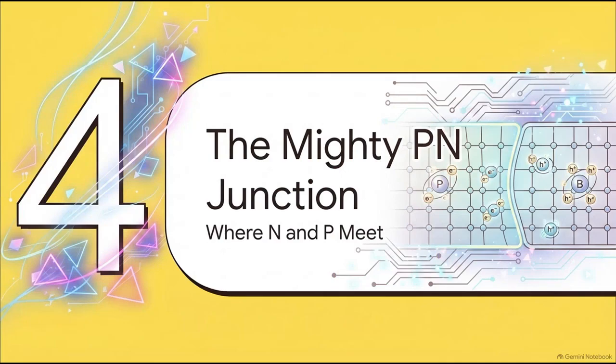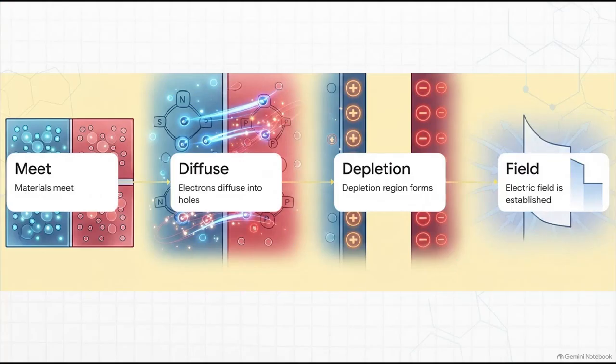All right, Section 4, The mighty PN junction. This is the moment we've been building up to, where these two carefully crafted materials finally meet. What happens the exact second these materials actually touch is a beautiful balancing act. Because the N-type is packed with electrons and the P-type is packed with holes, they immediately want to mix. Electrons rush across the border and fall into the holes. But as they do, they leave behind charged ions. This creates a depleted zone, the depletion region, that eventually acts as a built-in electric barrier, perfectly balancing the flow